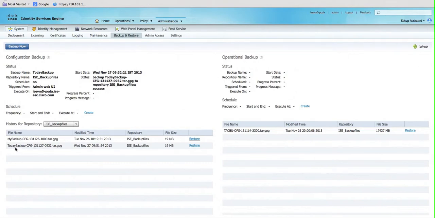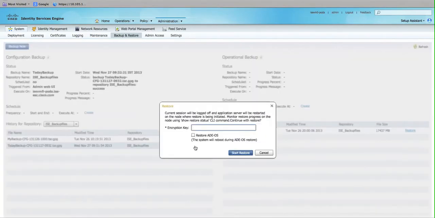I'm just trying to restore this backup which we have extracted now, and I'm just clicking on restore, and it will ask you for the encryption key, and it will give you an option whether you want to restore the ADE-OS or not. If you click on restore ADE-OS, the system will reboot during the ADE-OS restore, and as of now I am not selecting the option to restore ADE-OS. I am just restoring the application data only. Just when you click on start restore,